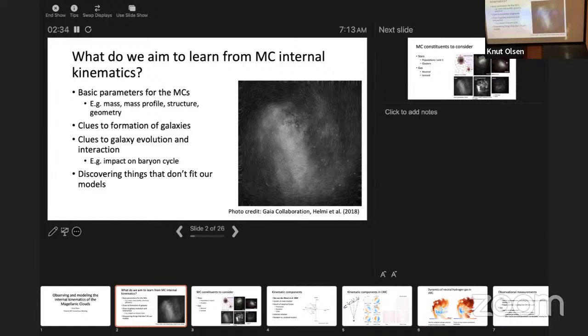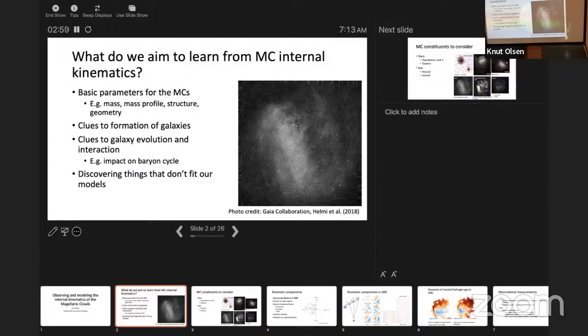Being so nearby, but also conveniently outside our own galaxy, they are really excellent laboratories for studying the formation of galaxies, as well as evolution and the role of interactions in galaxy evolution, since the Magellanic Clouds